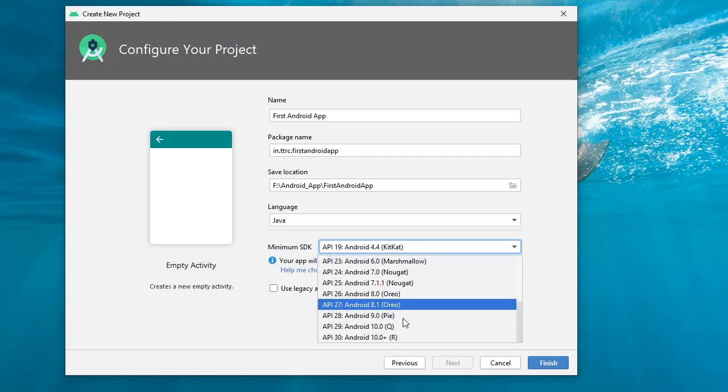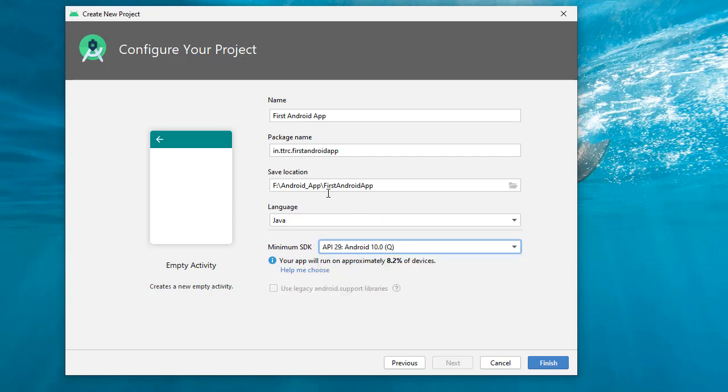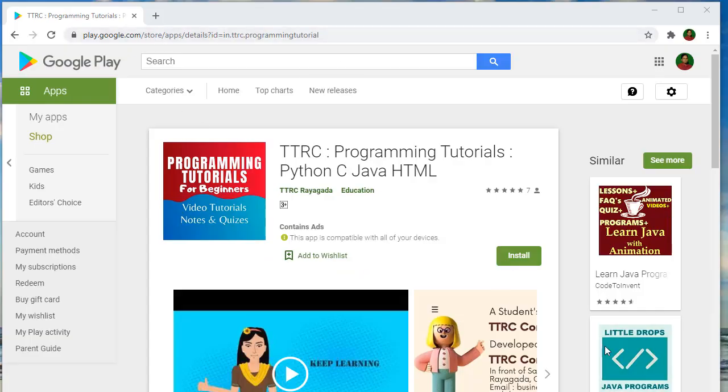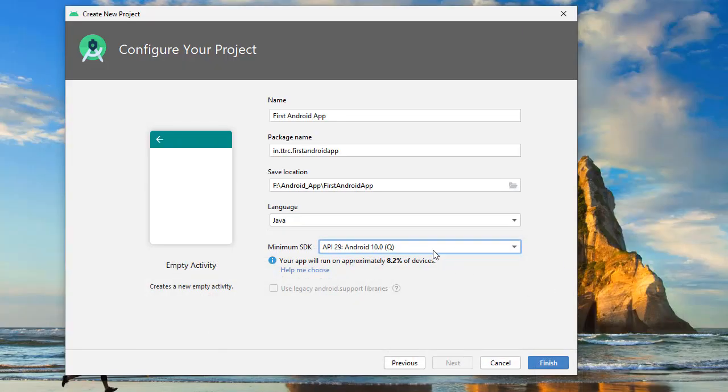Suppose you want to choose a later one. Let it be Android 10. If minimum SDK is Android 10, then only 8% of people can install your application. So what happens? See, this is Google Play Store. When I am searching any application, this install button displays, and it will be displayed only for compatible devices.